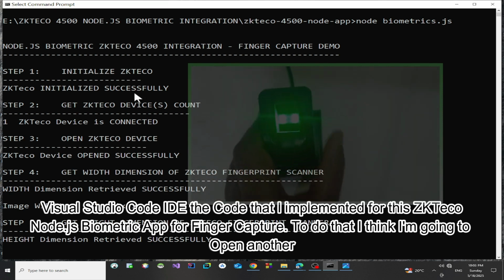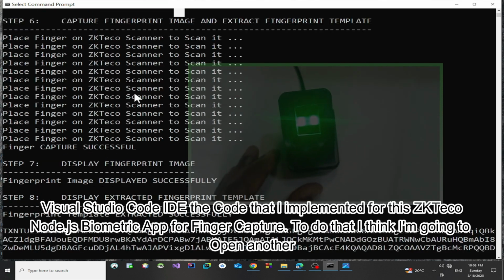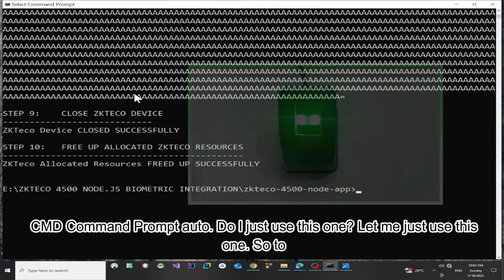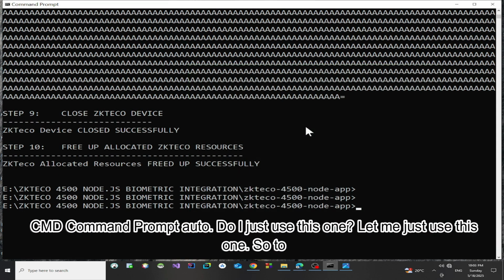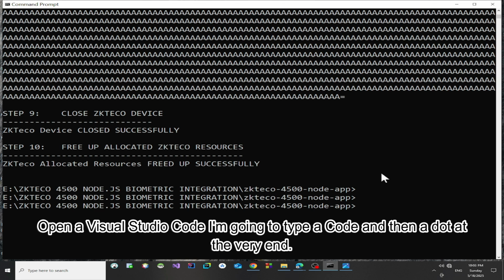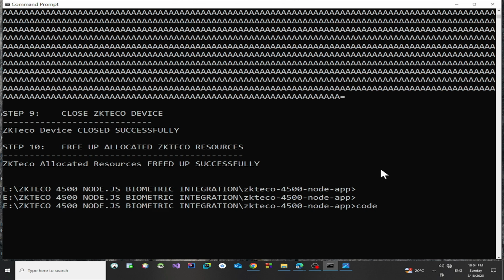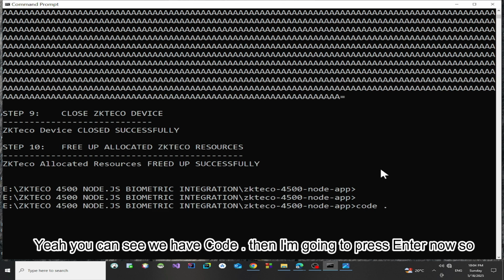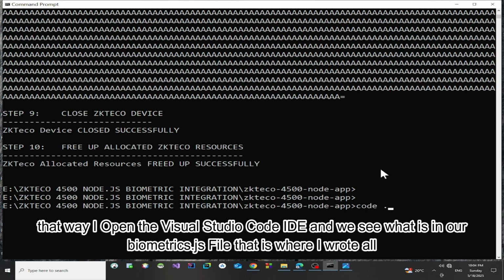To do that, I think I am going to open another CMD command prompt. Or do I just use this one? Let me just use this one. So to open Visual Studio Code, I'm going to type code and then a dot at the very end. Yeah, you can see we have code space dot, then I'm going to press enter now, so that I open